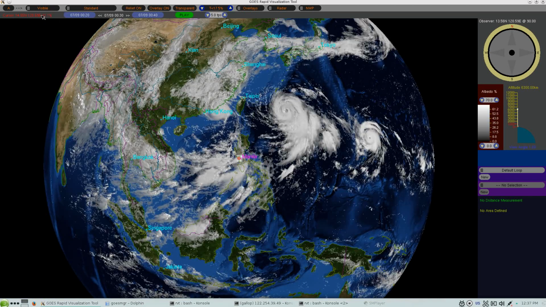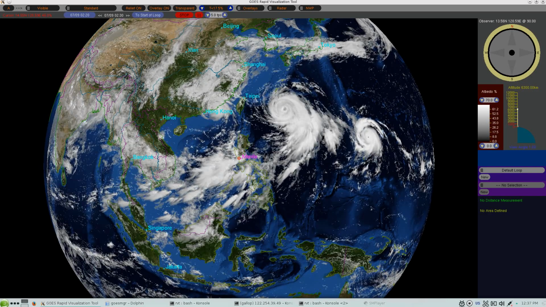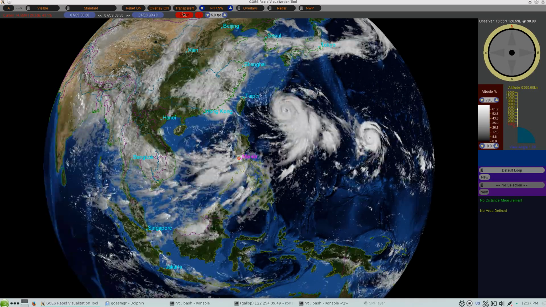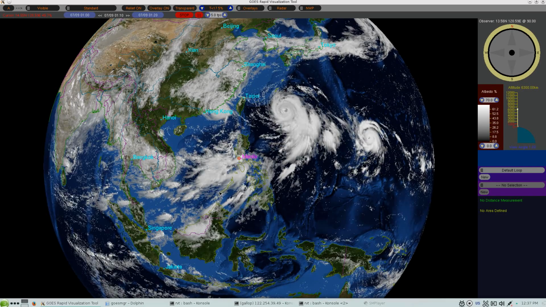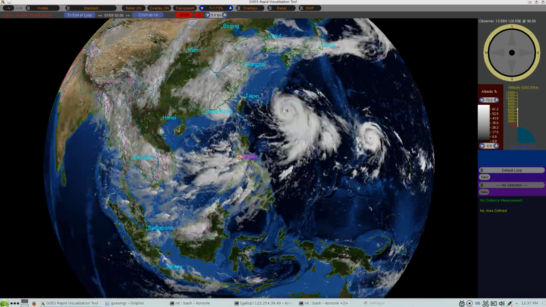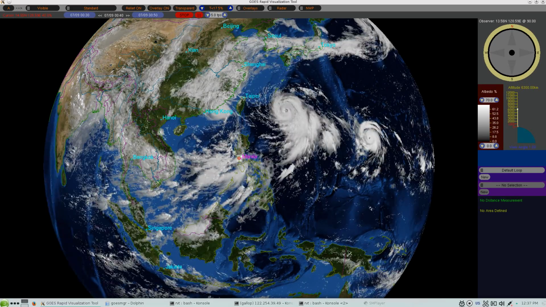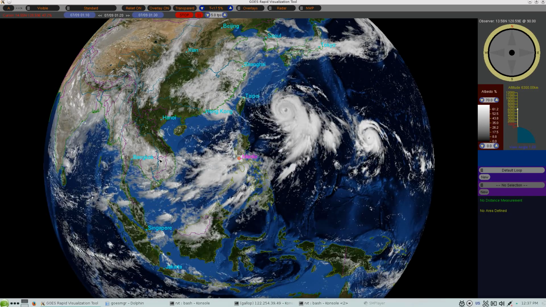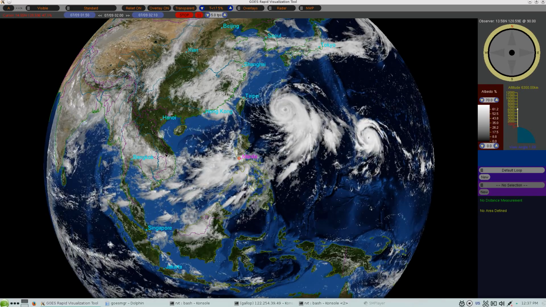Switch to the visible channel. And I'll play that. So now you're looking at the visible channel again, and we've been showing the satellite imagery with a rendered underlay. So what you see where there's the ocean and the green land is actually a rendered underlay, and then we apply the satellite image on top of that based on certain rules